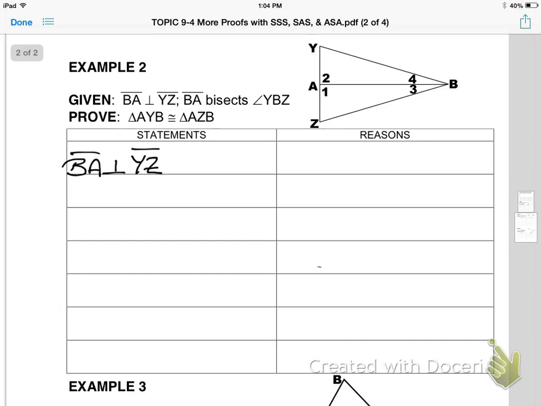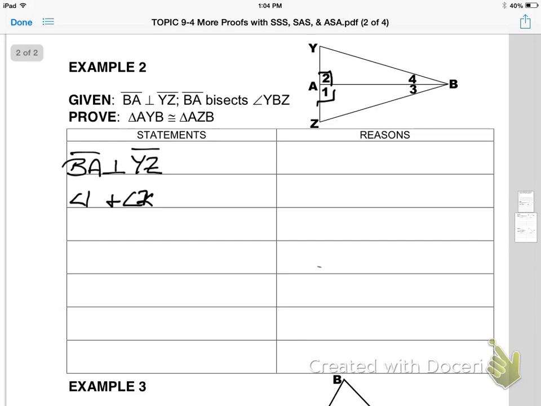So what that means is that this is a right angle and this is a right angle because those lines are perpendicular. So that means that angle 1 and angle 2